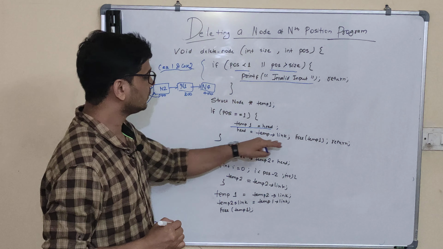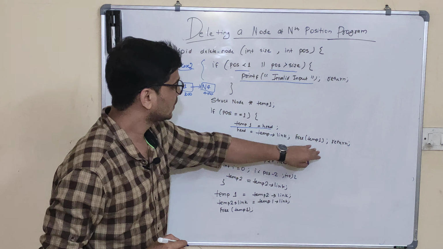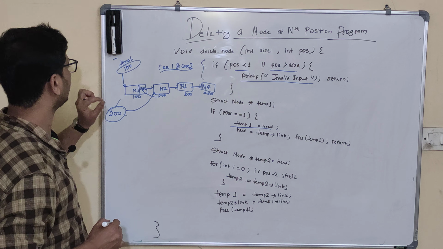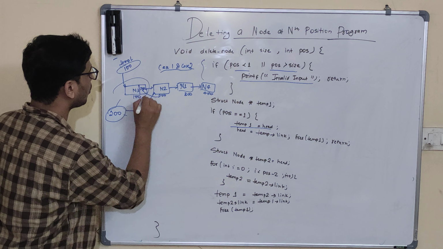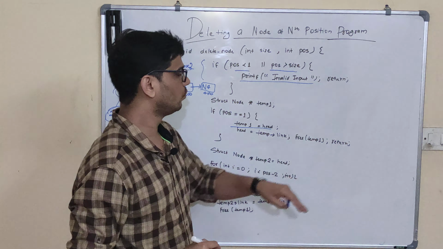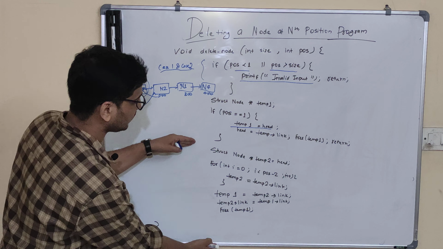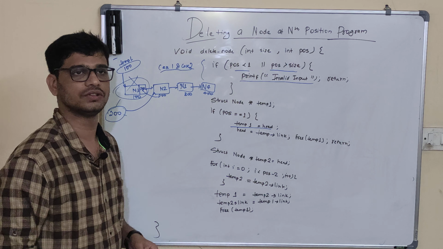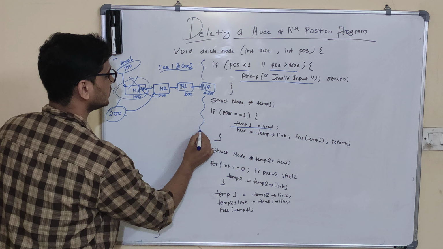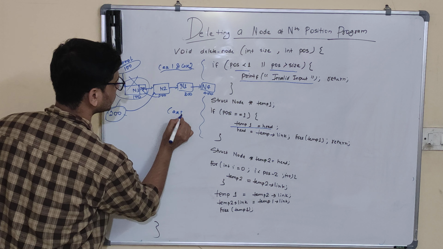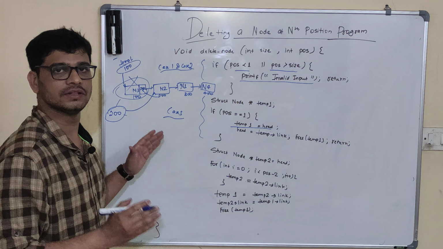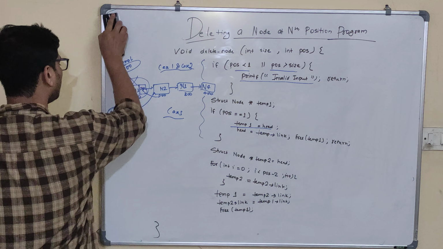And what will happen in this line? Free temp1. Right now temp is holding the address 100, so this block will be freed from the memory, and in the next line we will return, because we don't want this piece of code to execute. So this is our case 3. Lines below it will help us deal with case 4. Now let's see how it will do.